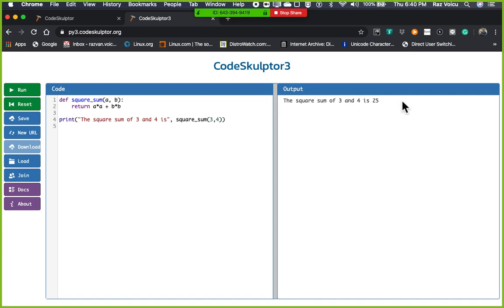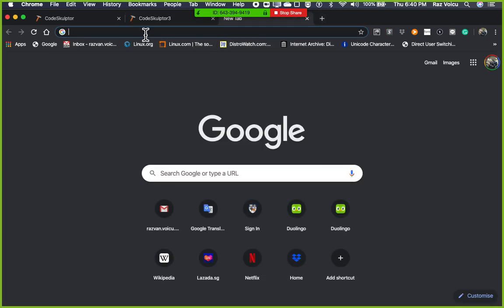So you see now that the output is separated from the input, right? We can run entire files. We can take any of the files that we have written so far and run them here. Probably the one that has graphics will not work. Now, if we open a completely new tab,